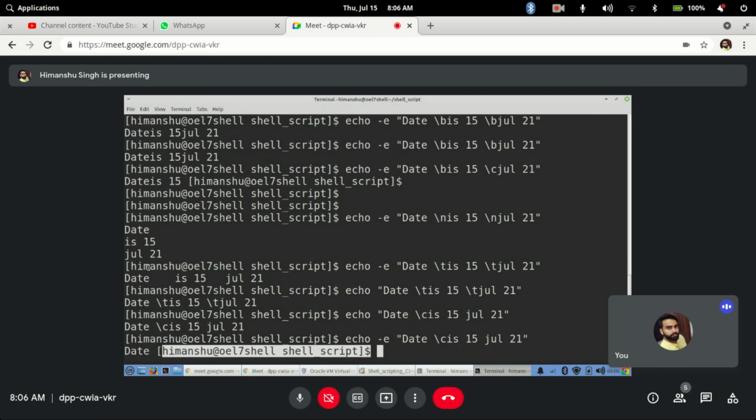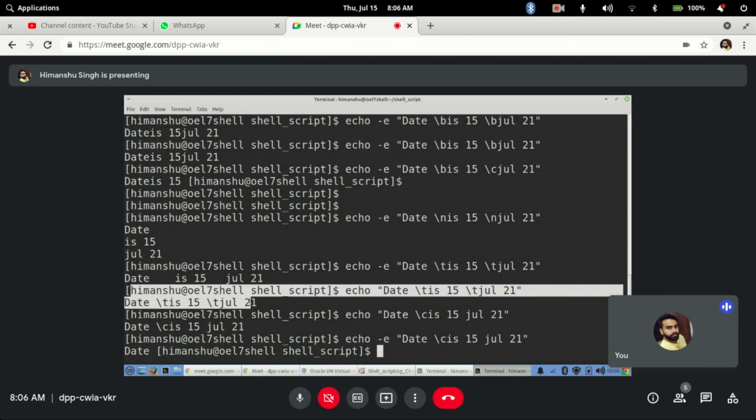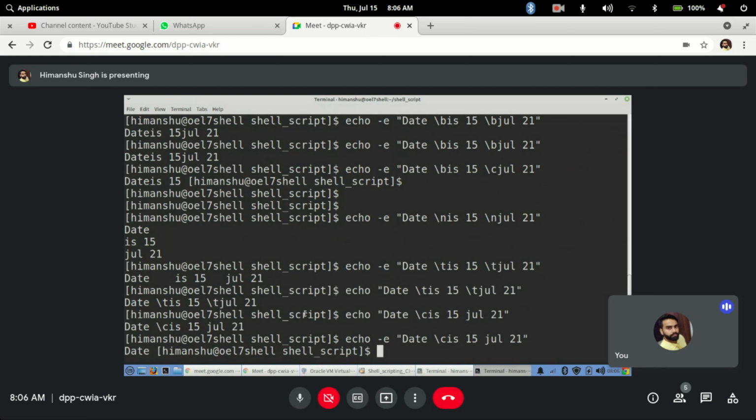By default, it was printing in a new line and the command prompt was displayed in a new line after that. But here it will be in the same line. Clear? Okay, so these are the various options that you might see.